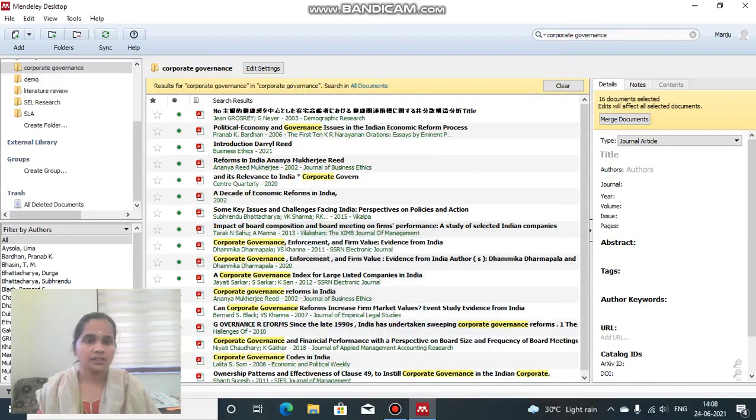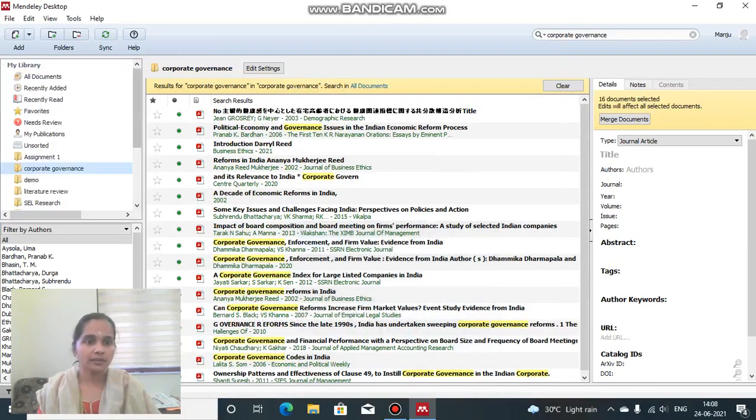So now you can see here in this folder corporate governance, all those files we have taken by this keyword gets added to this particular folder. So it is really easy for us to sort each of our keywords or each of our variables from the list of articles that are available to us. Otherwise, it will be very difficult for us to search a computer for a particular keyword and to read all those files. But this makes it easier.